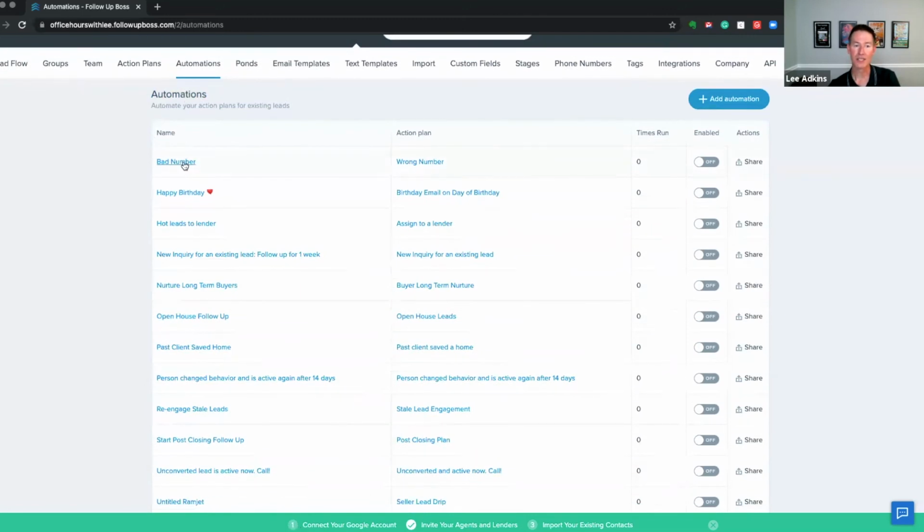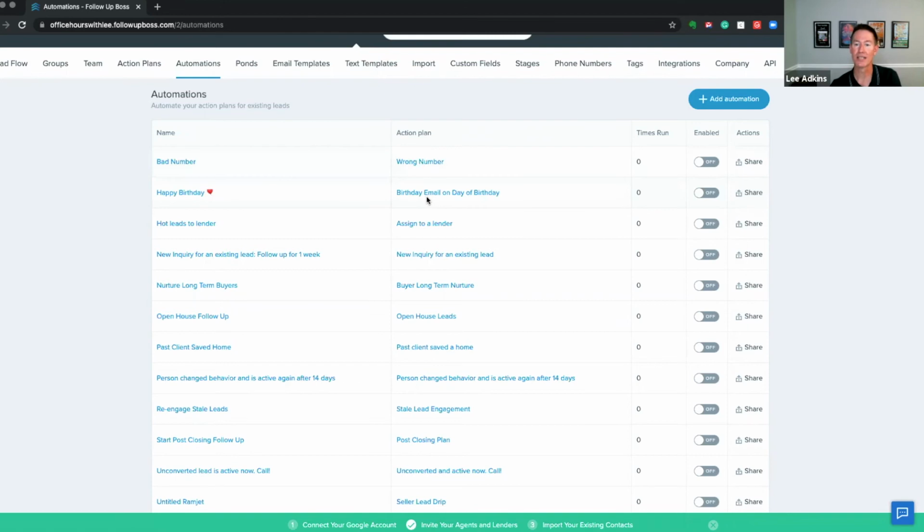Some of the ones that come with the system are Bad Number, which is basically designed to send an email to people that have a bad number via that tag, which is automatically applied, generally speaking, by Follow Up Boss if the number bounces with an initial text, or if they have a way of knowing it's a bad number, or if you've tried to call and labeled it as a bad number. It will actually send out 2 emails trying to get their number. They basically say, hey, we tried to reach you on the number you gave us. I think one of them even says the number. Because sometimes people do legitimately just transpose 2 numbers, and getting an email that says, hey, we tried to call you on 2635 can be great, because they say, oh no, mine is 2365. And you're like, okay, great. Well, now I'll call you.